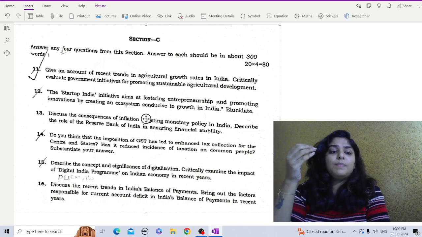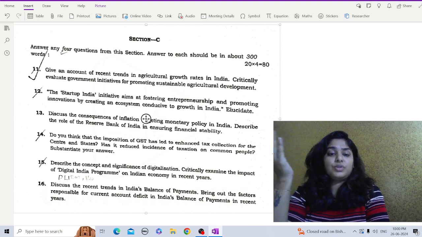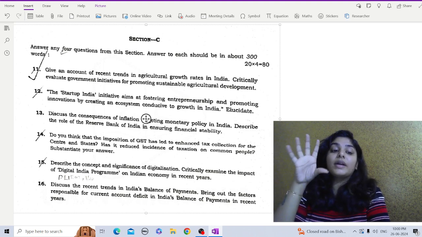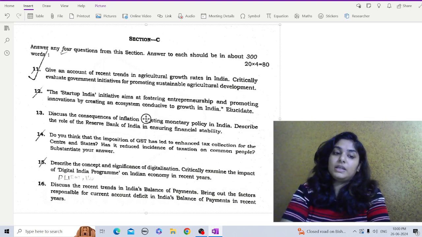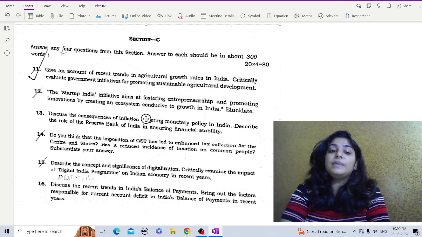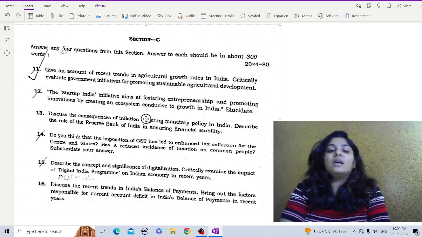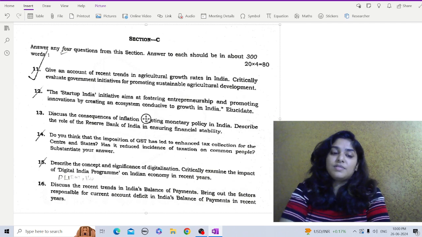Then there is the Paramparagat Krishi Vikas Yojana. This program promotes organic farming through the adoption of traditional practices, thereby reducing the dependency on chemical inputs and improving sustainability. Pradhan Mantri Fasal Bima Yojana and the National Mission for Sustainable Agriculture are some other schemes launched by the government among the different schemes we have just discussed.